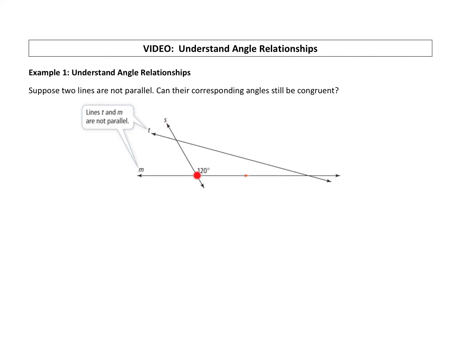So here's a transversal cutting through two lines that are not parallel. We know that this angle is 120 degrees, and so is it possible for its corresponding angle, which is up here, to be 120 degrees? So what we do to explore this idea is we draw in a line that is parallel to line M. I'm going to have it go right through this intersection where S and T intersect, and we're going to draw in,